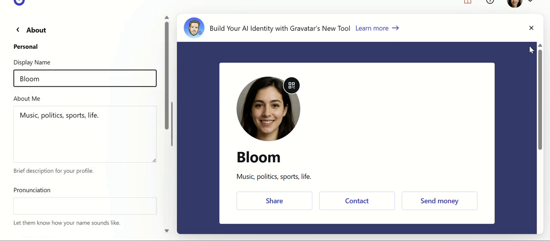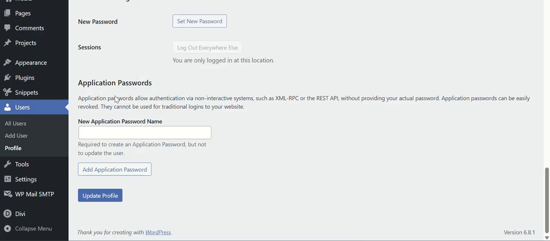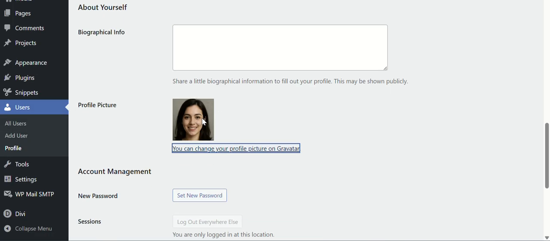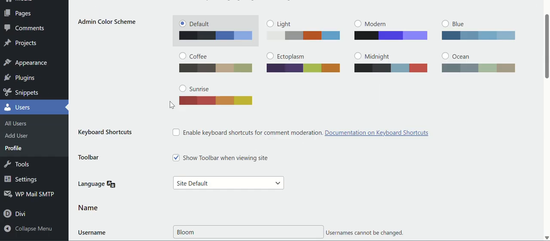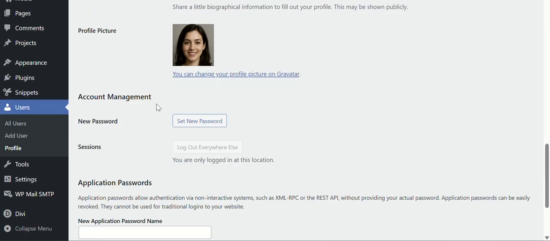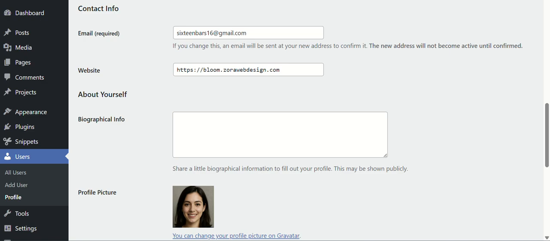Okay, I think this is a simple process, and when you're finished doing that, this would automatically just appear here on your WordPress website as your photo. So that is already done. Okay, then when you're finished, you just update it. Okay, so after you have done this, the next step now is going to actually